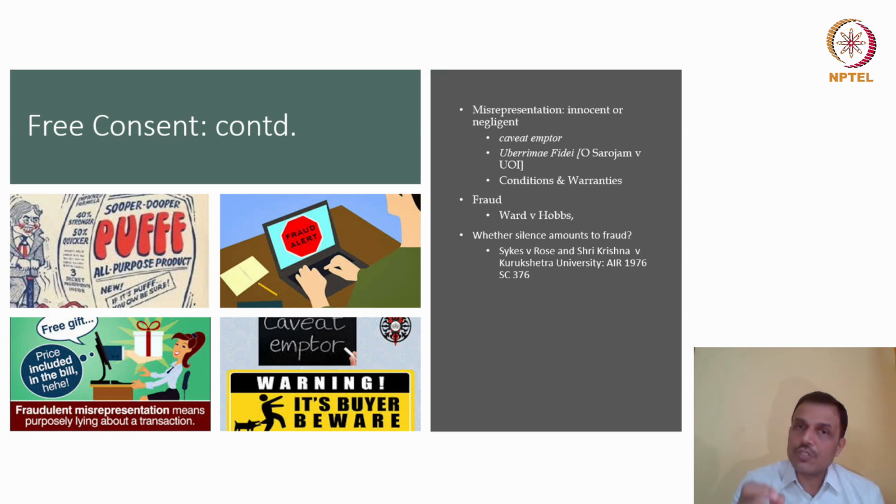The buyer had posed a question. What was the question? He said, do you have any other information that I wish or I should know? That's an extra question. And at that point of time, the seller could have disclosed this, isn't it? I'm not sure. But I think the buyer says, look, we did ask the seller. That was an extra question. But the seller did not disclose anything.